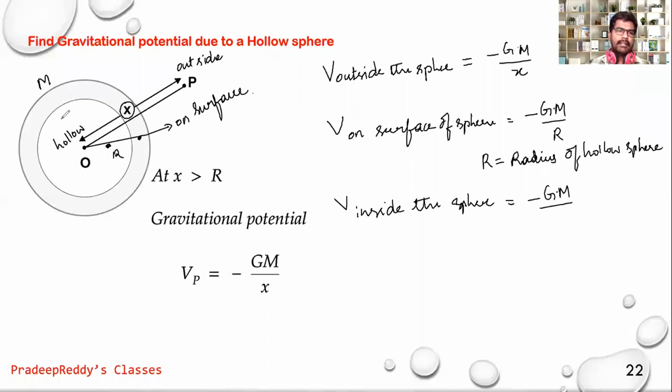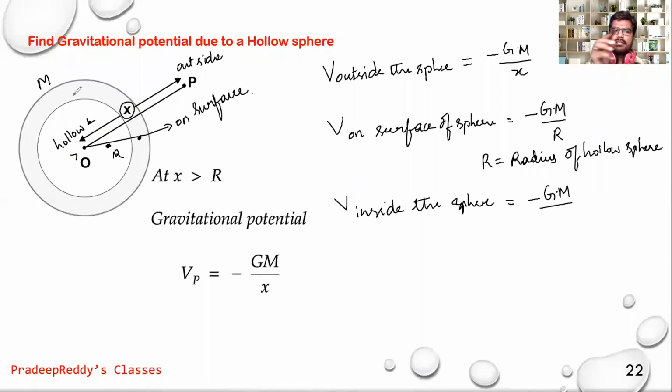Therefore, if you are calculating gravitational potential here, because of this mass there will be a value, and because of this mass there will be a value, like that. Because of mass which is on the surface of this sphere, there will be gravitational potential inside. Because it is a scalar quantity, it does not get cancelled. But always remember, in the denominator you will be taking the separation from the center to the point where mass is situated.